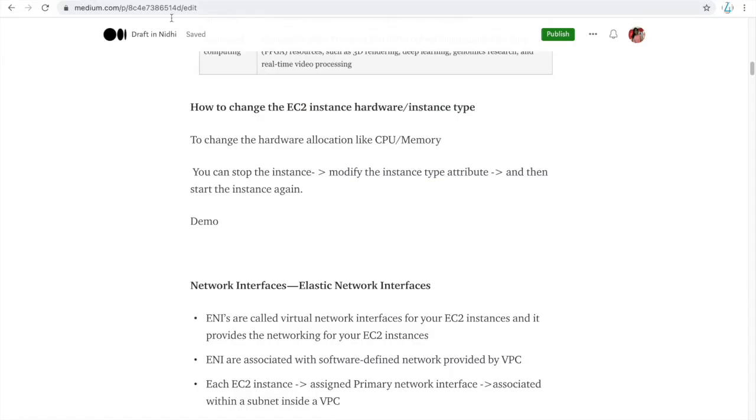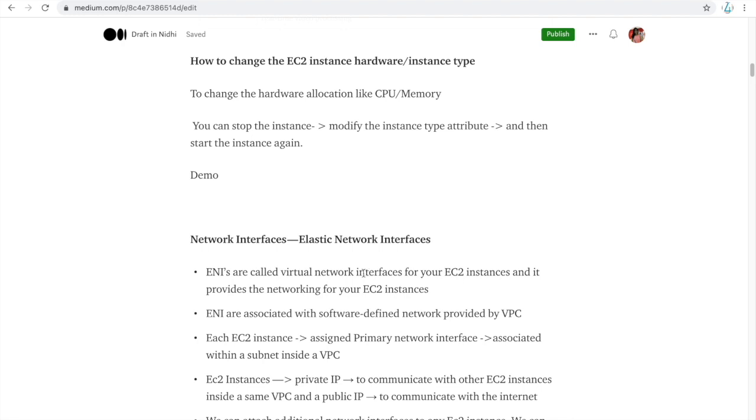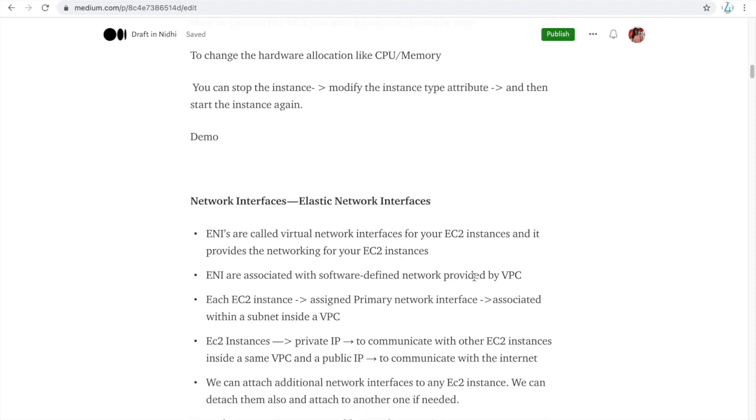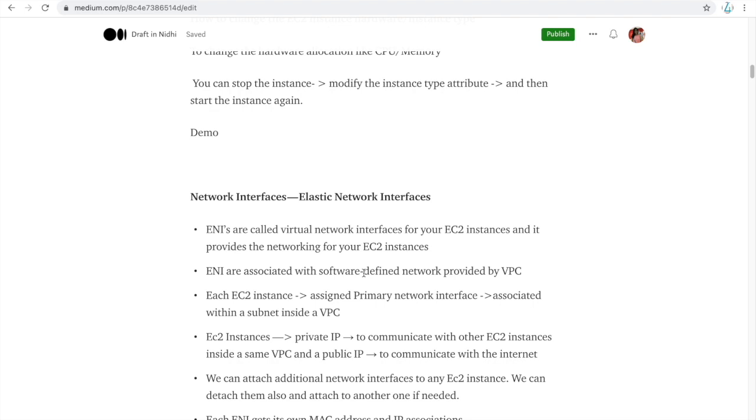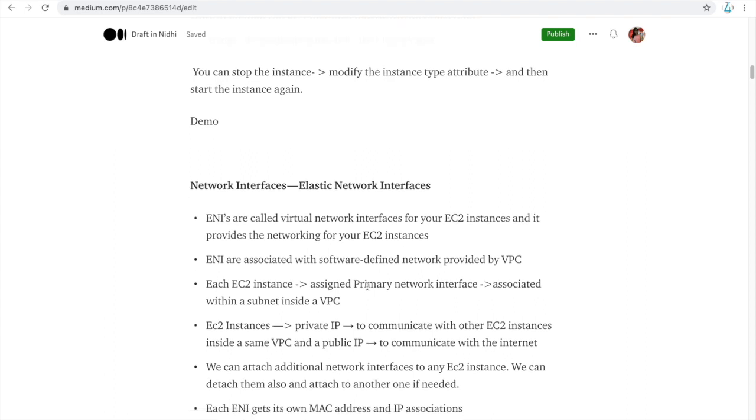That is what we call elastic network interfaces. These are virtual network interfaces for your EC2 instance, and they provide the networking for your EC2 instance. They are also associated with the VPCs that we will be talking about next. Each EC2 instance is assigned a primary network interface, and it is associated with a subnet inside a VPC.